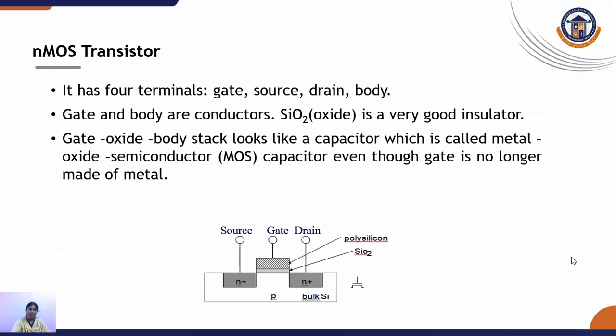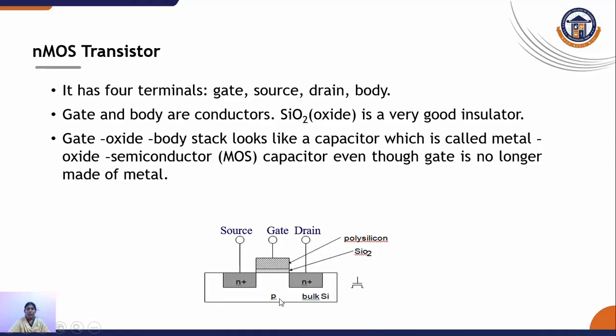Okay, let us discuss one by one. This is a cross-sectional view of an NMOS transistor. Here we are taking a P substrate, that is P-type semiconductor material. In this P-type, we are adding N dopant material. So it is converted into an N transistor. Here we added one more layer named SiO2, silicon dioxide. That acts as an insulator in between gate and substrate, that is body. P substrate indicates body. So SiO2 acts as an insulator between gate and body.